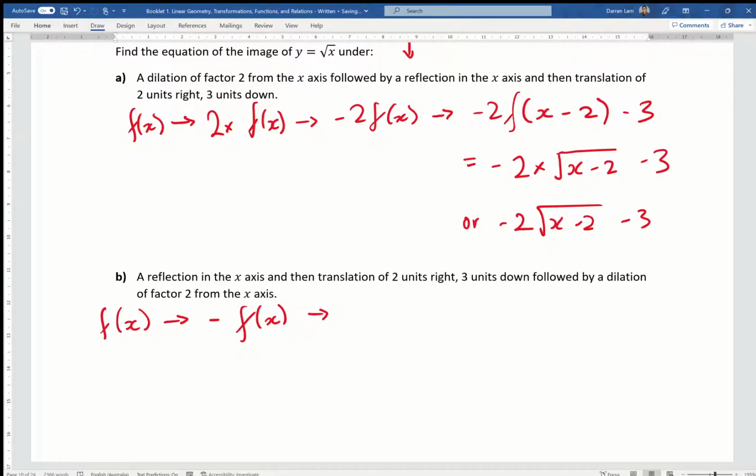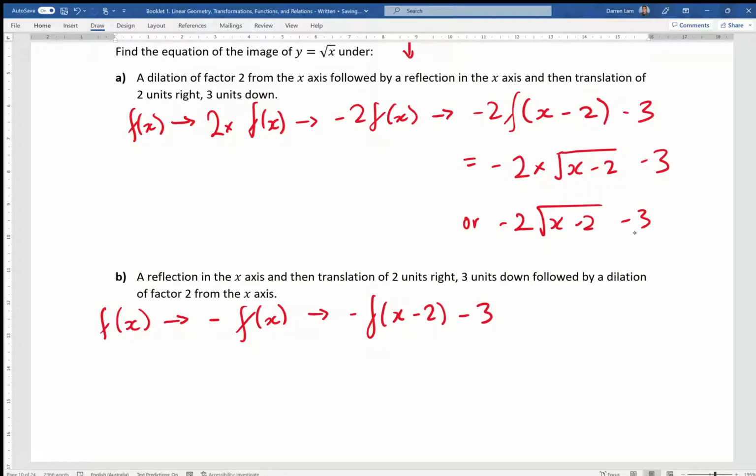But the DRT is something we follow if we're trying to identify the certain steps. Okay, but in this case, we're told a specific order of reflection, then translation, then followed by dilation. We follow their order. In which case that becomes negative f of x, and it says 2 units to the right, so again it's minus 2, and then of course 3 units down, minus 3,